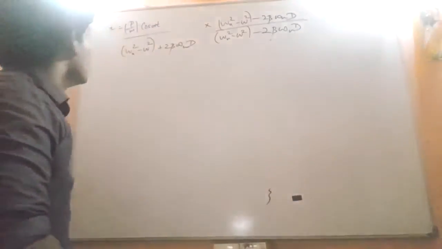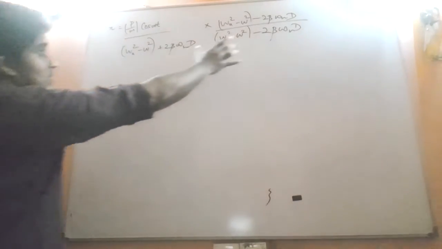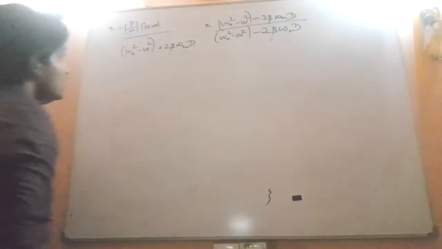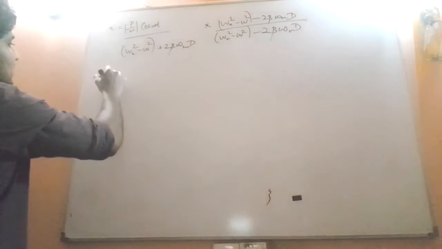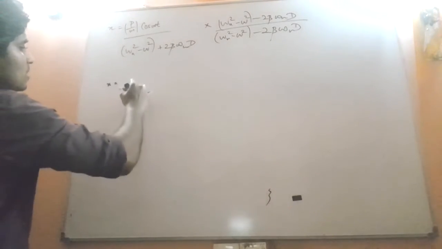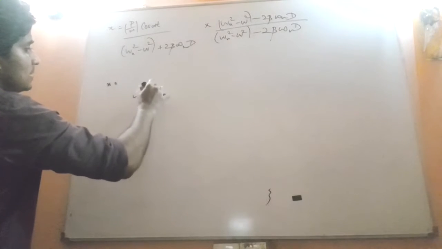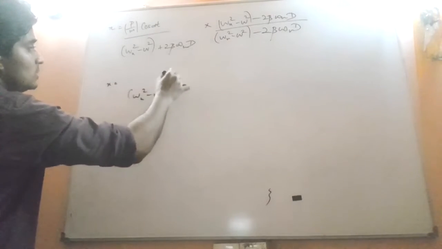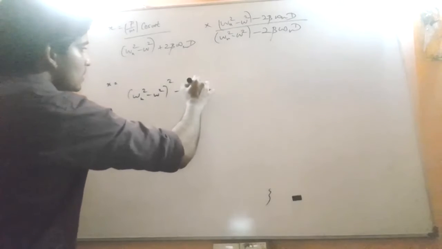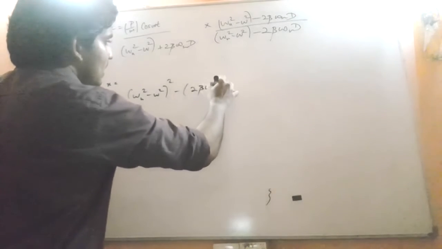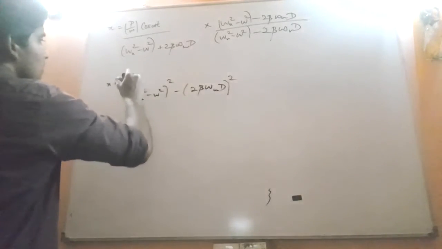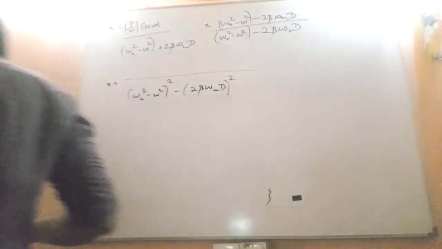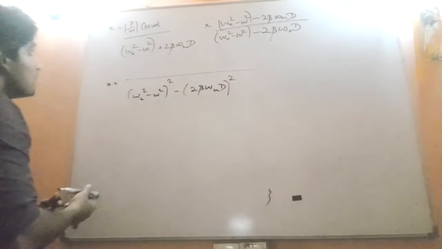Multiplying this with that, we get a difference of two squares. That means again x equals, in the denominator, omega n squared minus omega squared whole thing squared minus 2 beta omega n D whole thing squared, right? The upstairs part will be P divided by M cos omega t